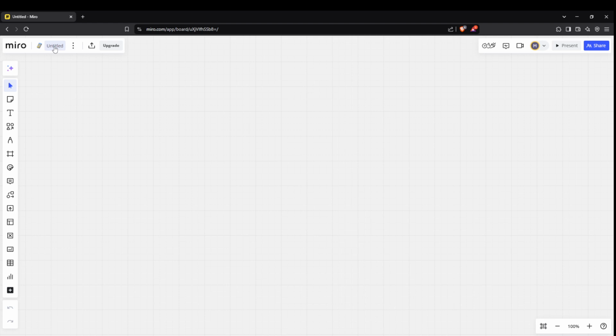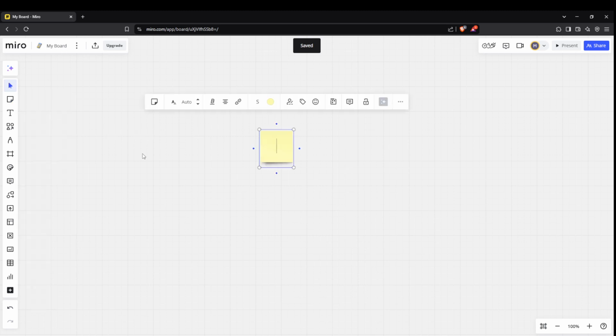Once you've set up your board, it's time to start adding content. On the left side of your screen, you'll notice a toolbar. Click on the sticky notes icon to populate your board with sticky notes, perfect for jotting down quick ideas or key points. Once you've placed a sticky note, click on text, and then on the sticky note itself to start